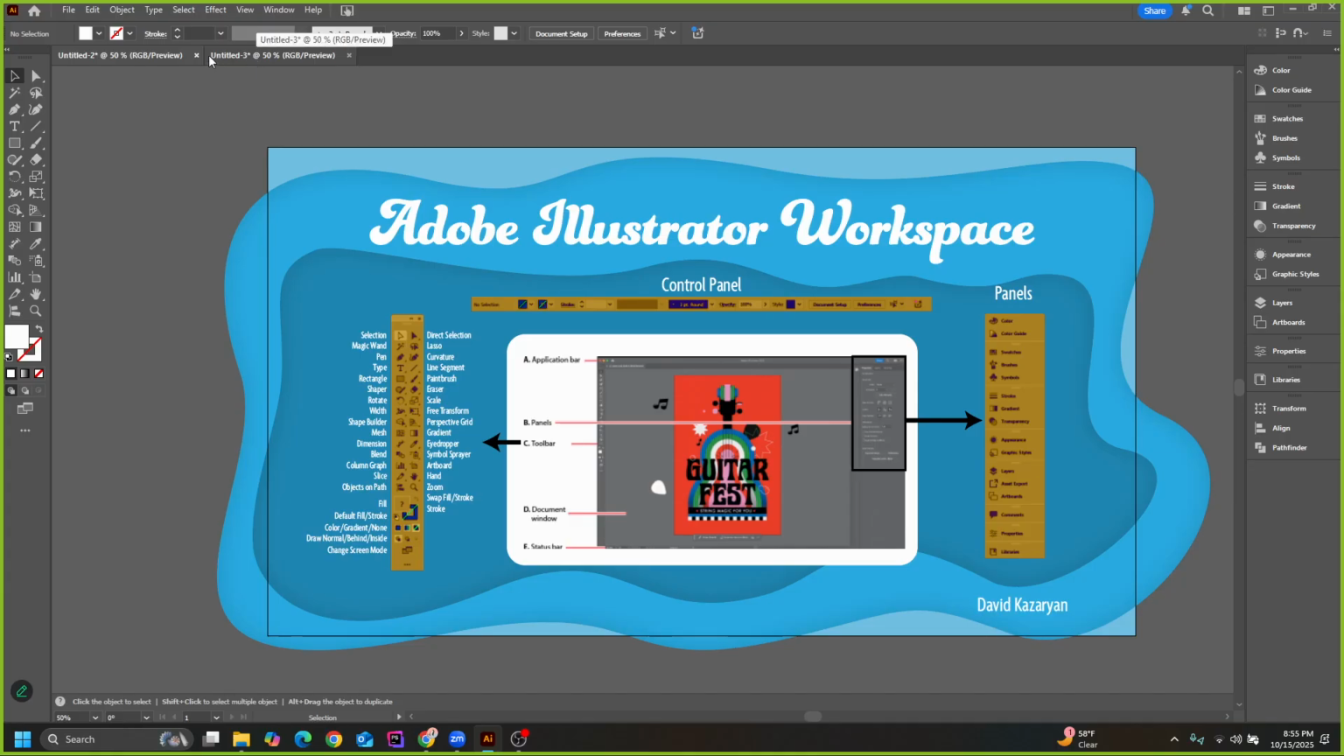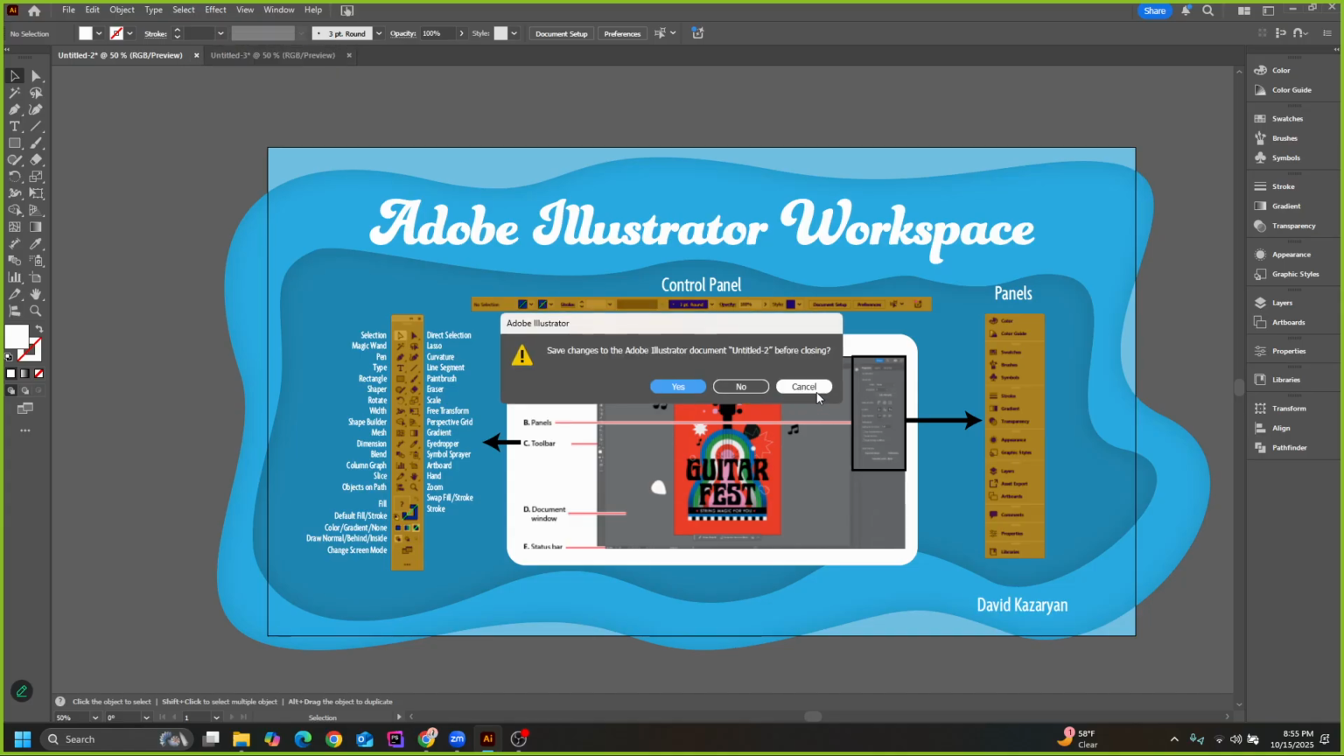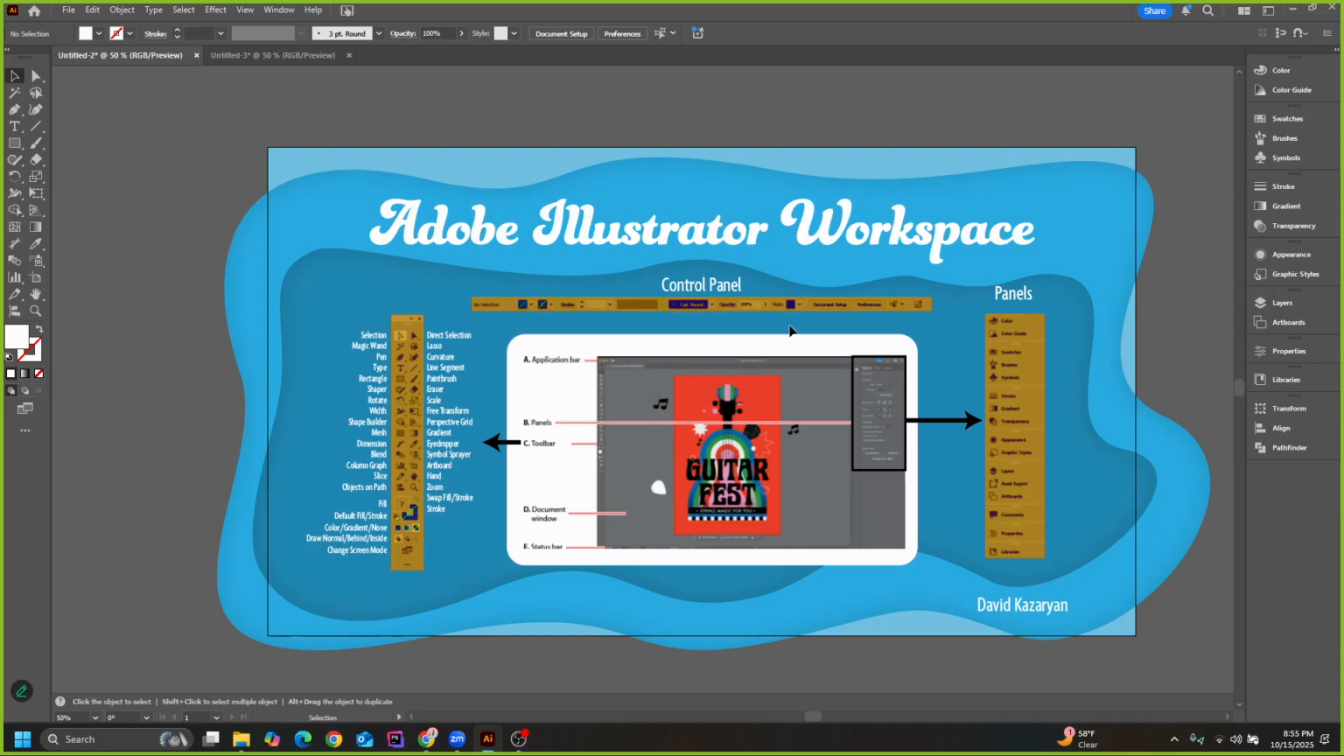All right, that's all for Illustrator 1. Now let's go to Illustrator 2. We don't have too much time left, but I want to first go over what I used to teach in Illustrator